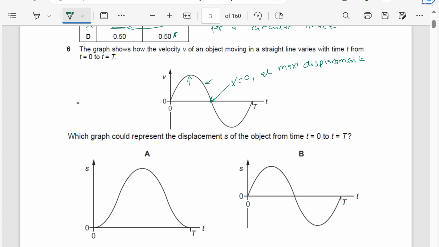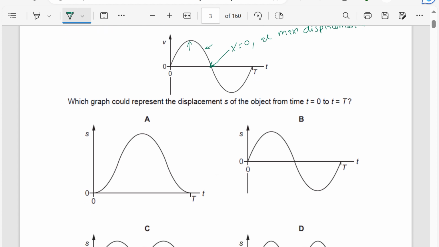Increasing, remains almost constant, then it decreases. So I want us to notice that from a displacement-time graph, the gradient is the velocity. So for this part here, let's start with A. By just looking at the graph of A, I can say that the answer is going to be A because,